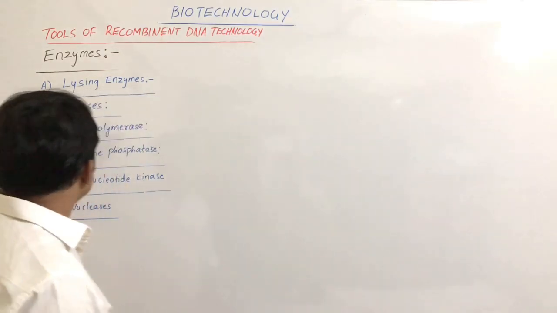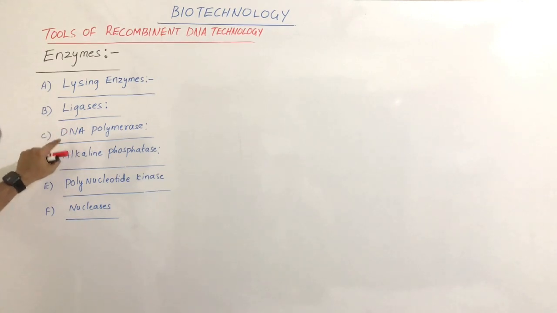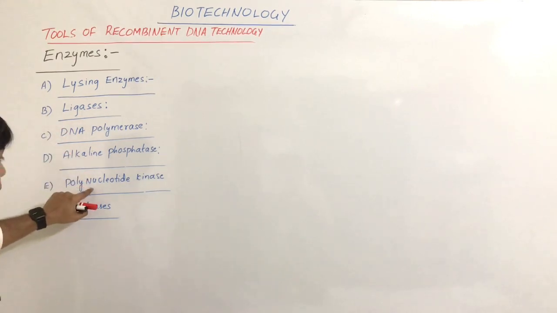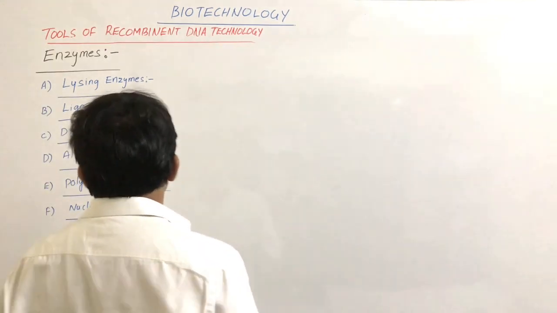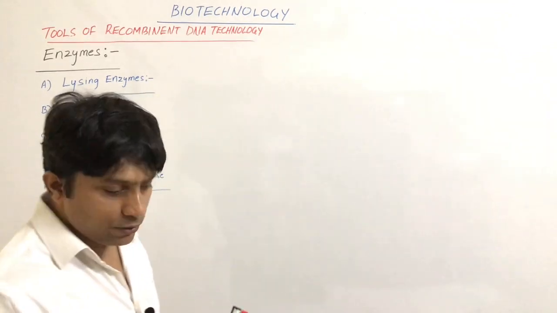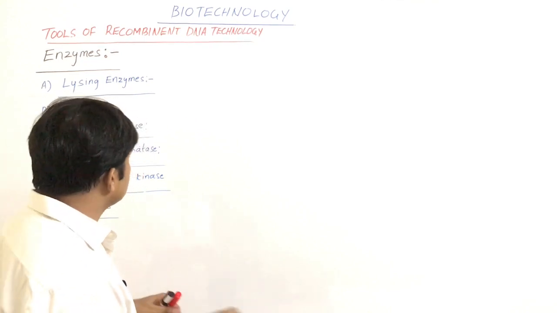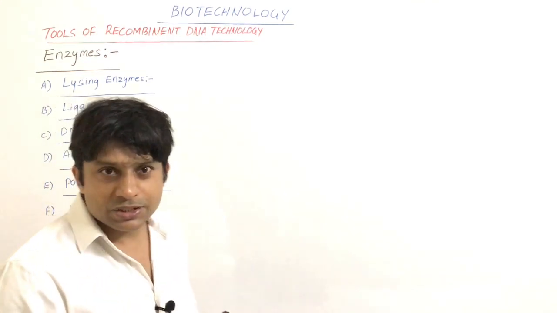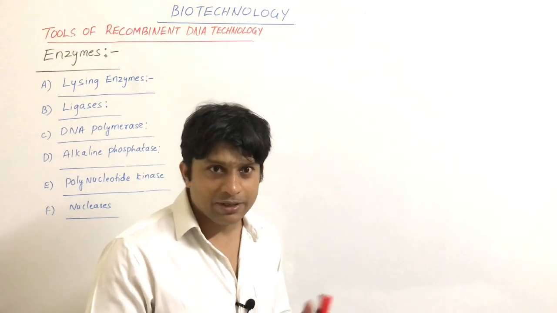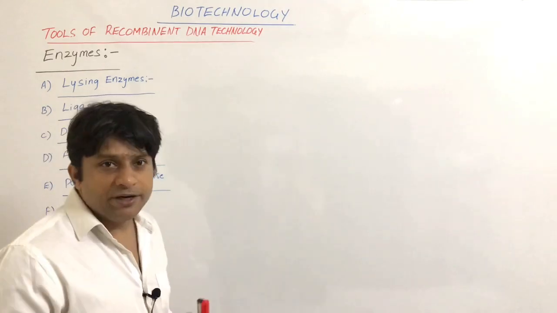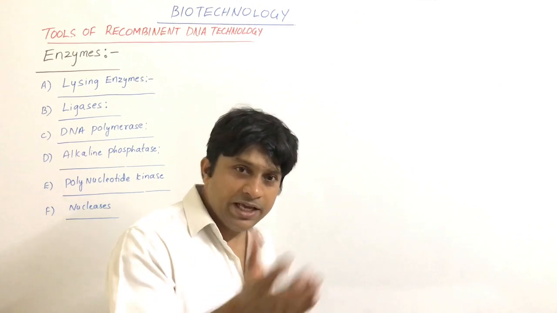Those include lysing enzymes, ligases, DNA polymerase, alkaline phosphatases, polynucleotide kinase and nucleases. So first in this is lysing enzymes. So what are lysing enzymes? Lysing enzymes are those which are used to open the cells to get the DNA, which is used for genetic experiments. Like we are using different types of lysing enzymes to extract the DNA or to reach the DNA in